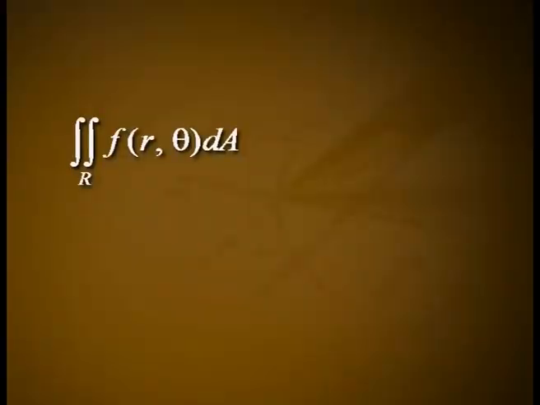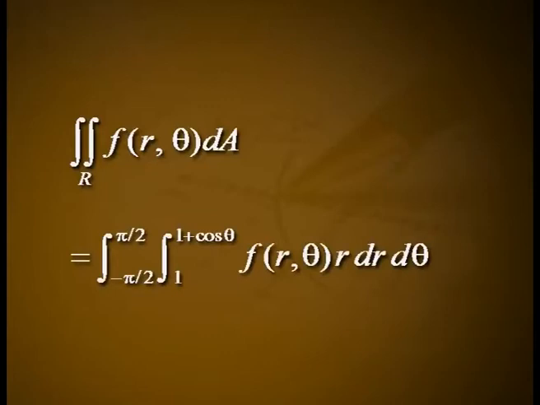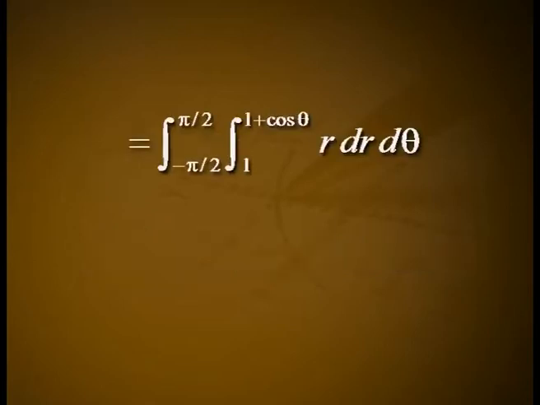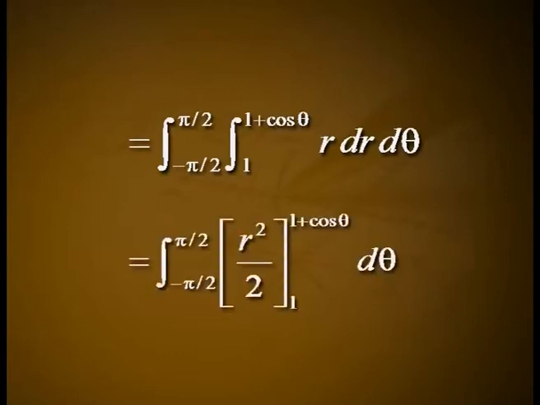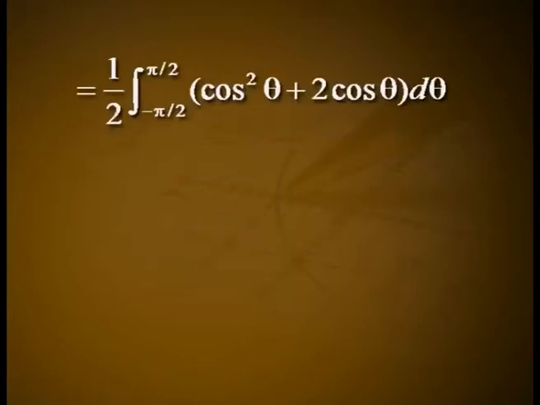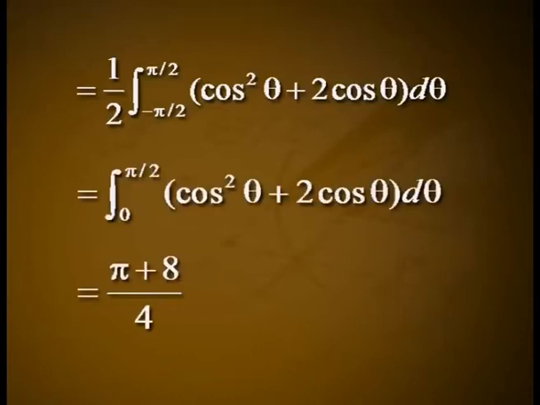Solution. Double integral over R f of r theta dA is equal to integral minus pi by 2 to pi by 2 integral 1 to 1 plus cos theta f of r theta r dr d theta, which is equal to integral minus pi by 2 to pi by 2 integral 1 to 1 plus cos theta r dr d theta, which is equal to integral minus pi by 2 to pi by 2 r square by 2 over the limits 1 to 1 plus cos theta d theta, that is equal to 1 by 2 integral minus pi by 2 to pi by 2 cos square theta plus 2 cos theta d theta, which is equal to integral 0 to pi by 2 cos square theta plus 2 cos theta d theta, that is equal to